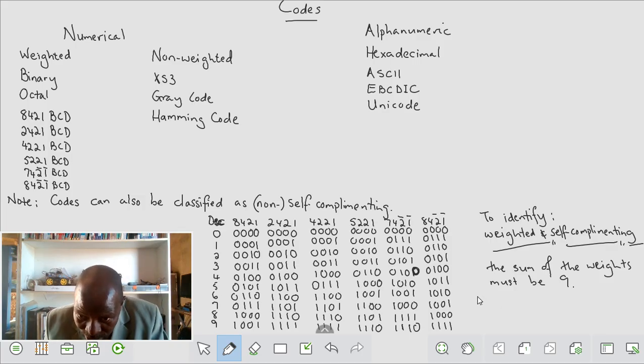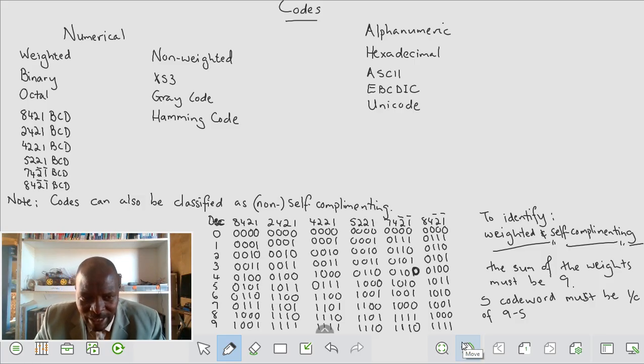All right. Self-complementing codes, for any given number S, the code word of S, which is actually any decimal digit from 0 to 9, must be the one's complement of the code word of 9 minus S. What do I mean? That if